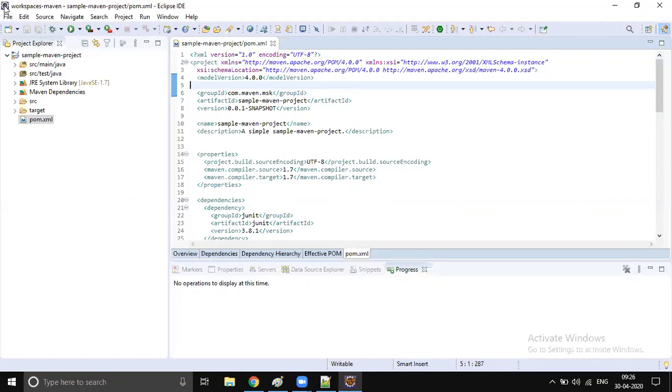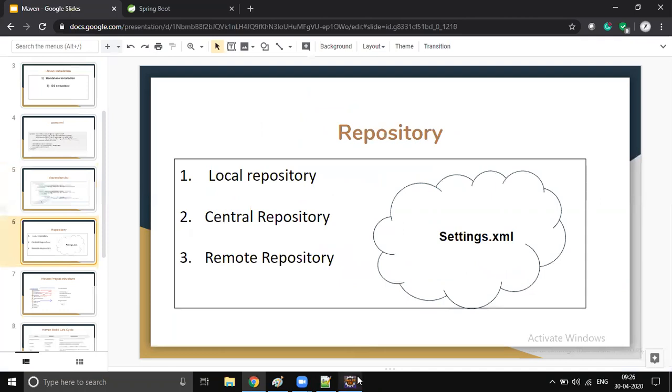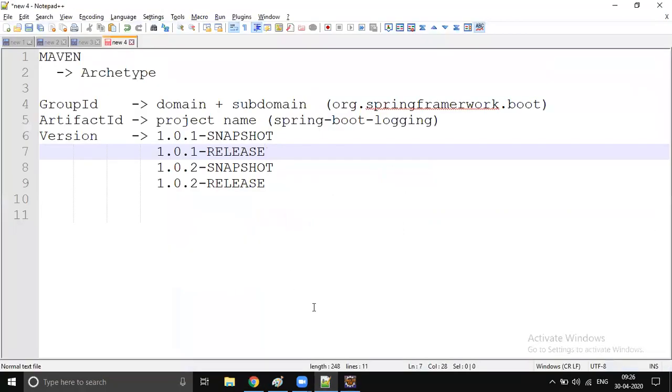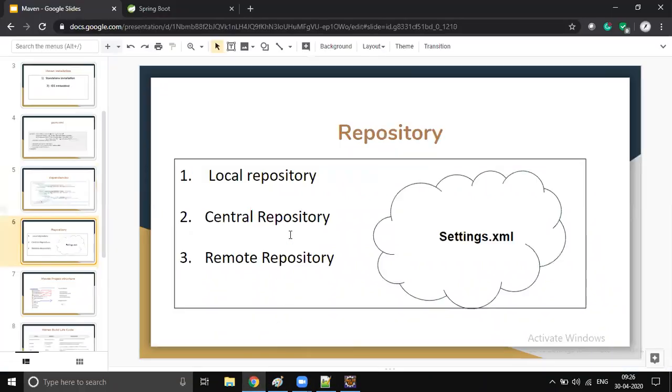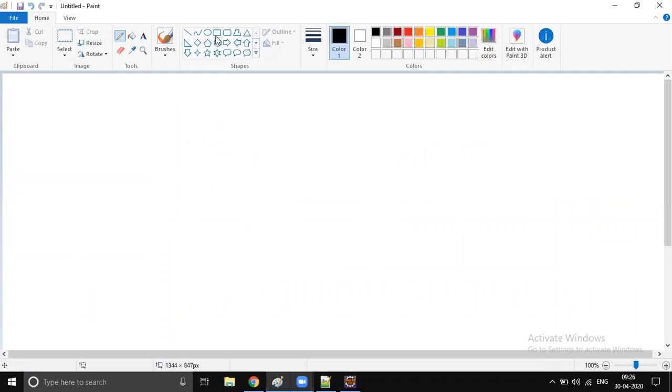So all those things are just because of these repositories, right? As I already said, the required libraries will be downloaded. From where will they be downloaded? They will be downloaded from a repository. And how do you get better performance the second time? Because of your local repository. Okay, so it's very important to focus for a few minutes.